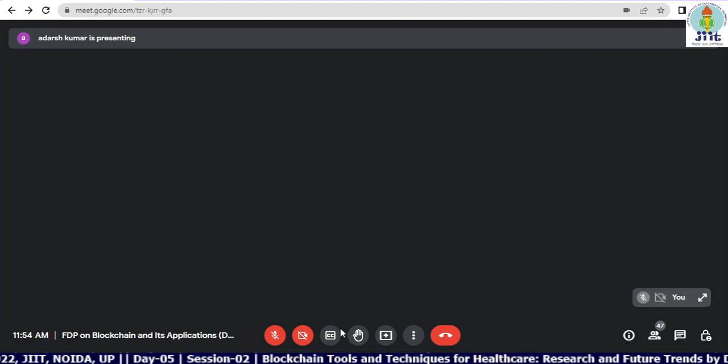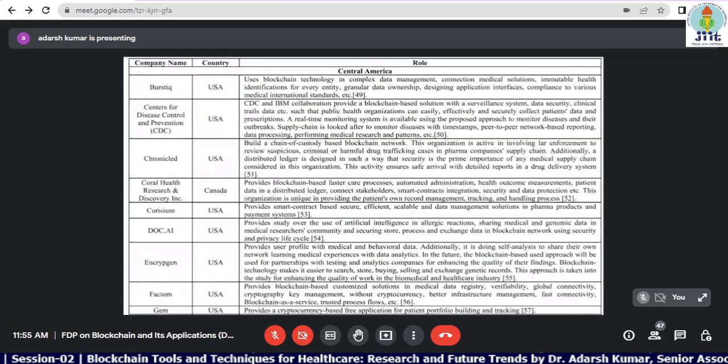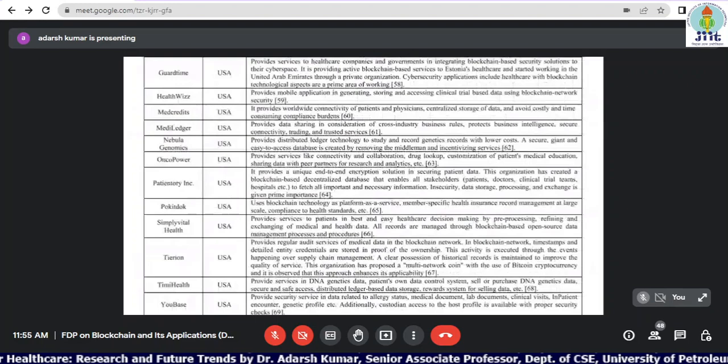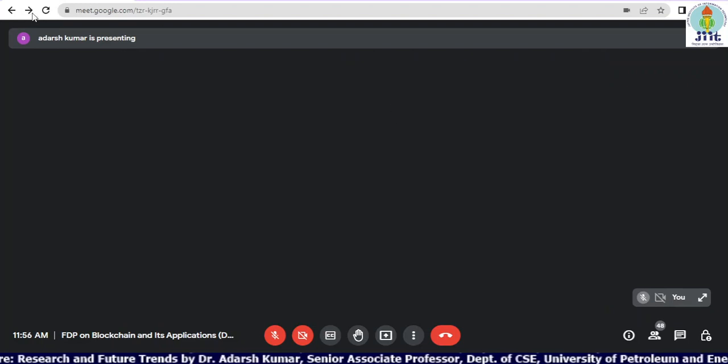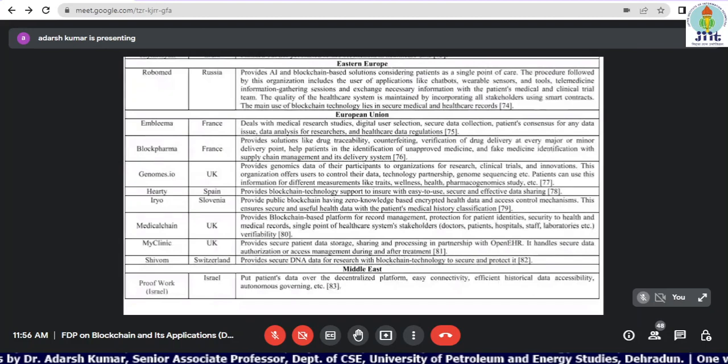For this, they were charging. But since they were having the control, they could modify the data, or if some server fails, then it was hard to fetch back the data. Right, so blockchain is providing more efficient solutions. Many of them have started with blockchain technology. So it's just one picture of the USA. You can see a large number of companies are working in this. And apart from the USA, Russia and the European Union also have a large number of companies. Even China has a few companies who started working in the blockchain sector.